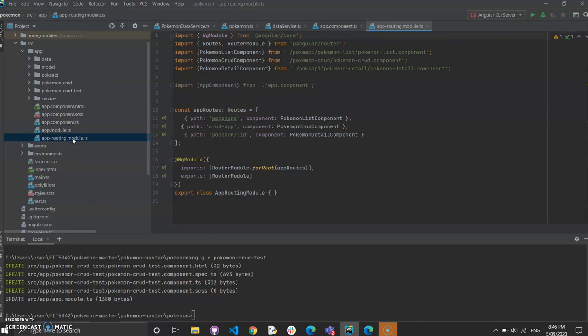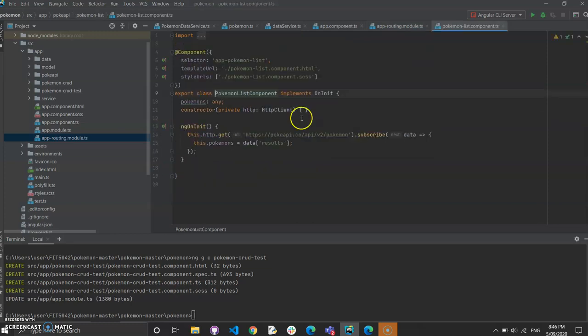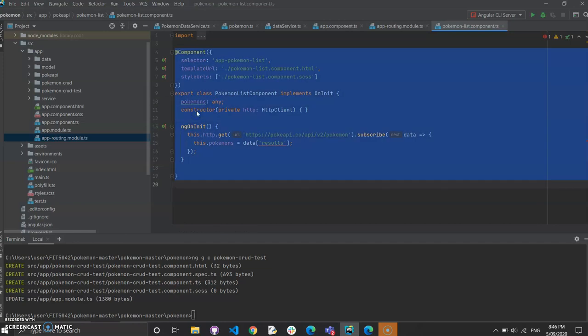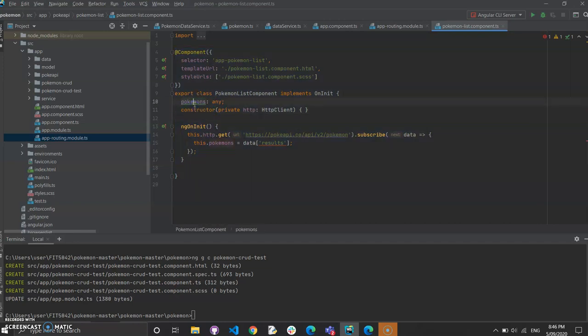This module is responsible for routing of your entire application. So if you see the path Pokemons, or the default Pokemon path, it gives you the Pokemon list component. This component is defined here, has its constructor, and then it gets the Pokemon from the model, and then we have all the requirements.